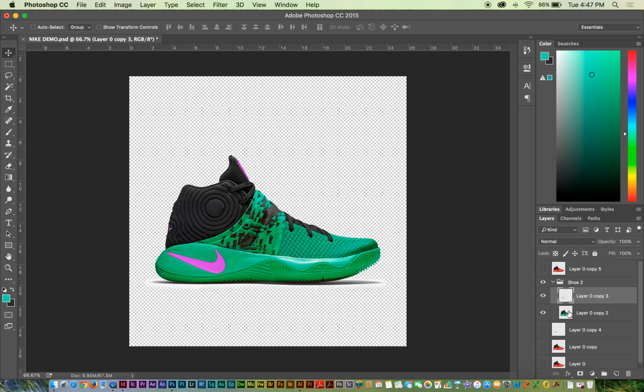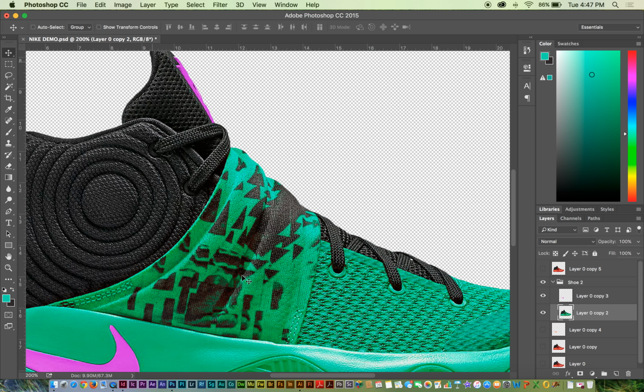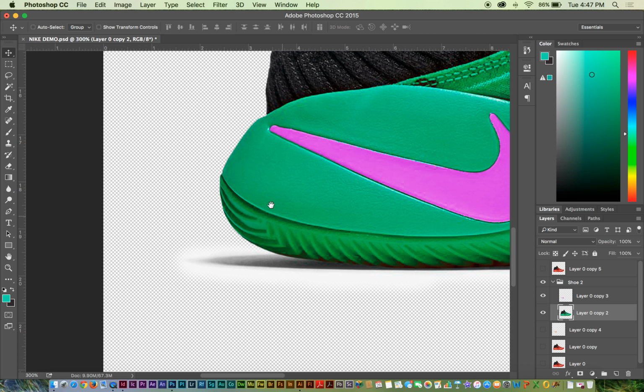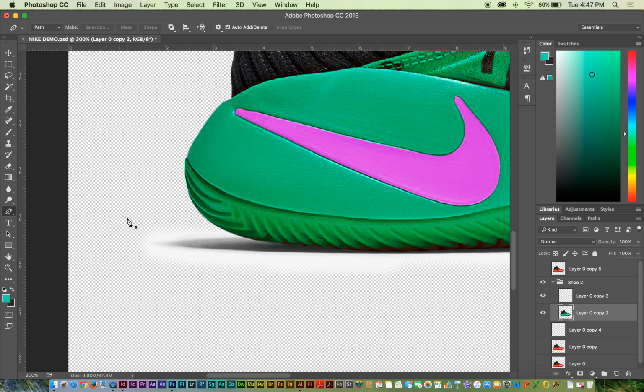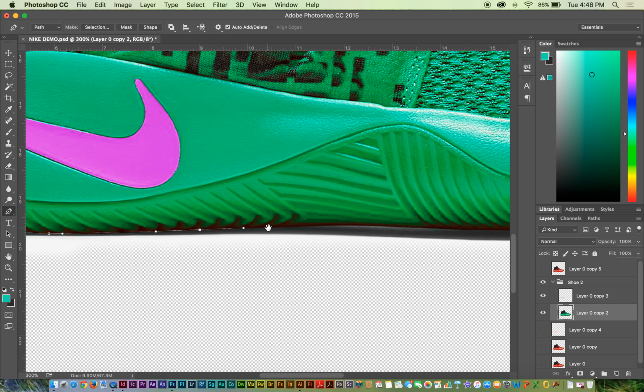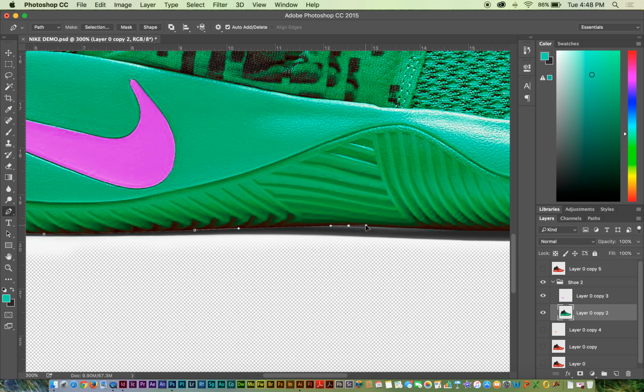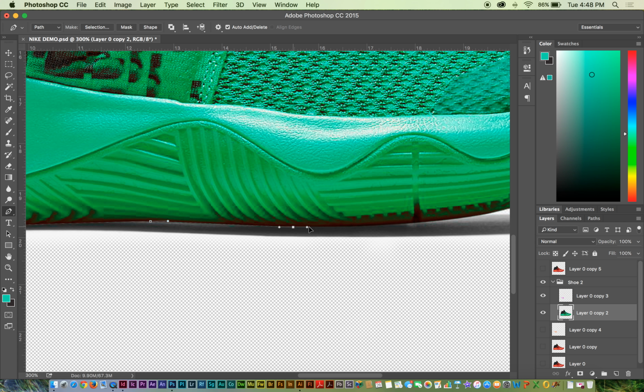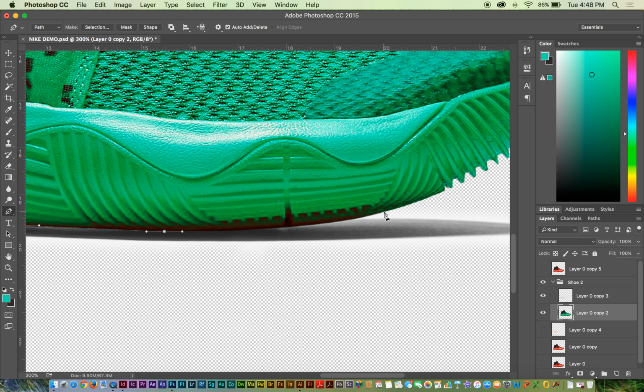You know what? I gotta go in here. What I gotta do is cut the shadow out. So under shoe 2, I'm gonna take my pen tool and trace the piece of the shoe that just touches the shadow. Because what I'm going to do is separate this shadow layer,